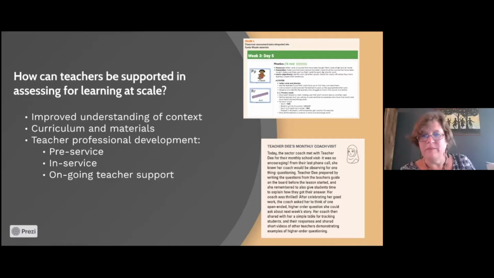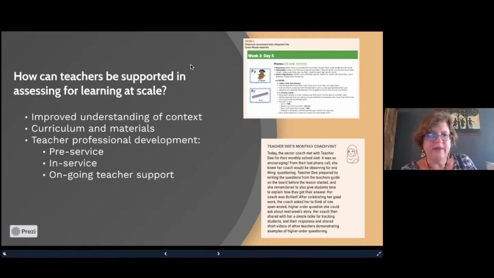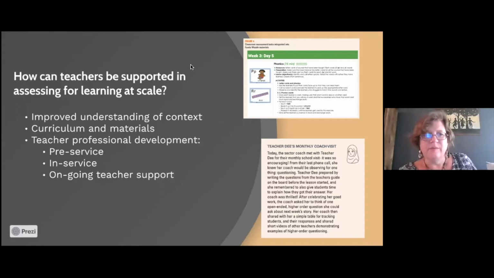We laid out some common challenges, but what challenges you actually find in a particular context can help to determine what kind of support the teachers may need, and getting a sense of where the teachers are. Which tiers are most of the teachers found, starting from where they are in terms of support. And then we talk about different ways that teachers can be supported, particularly through curriculum and materials, and then teacher